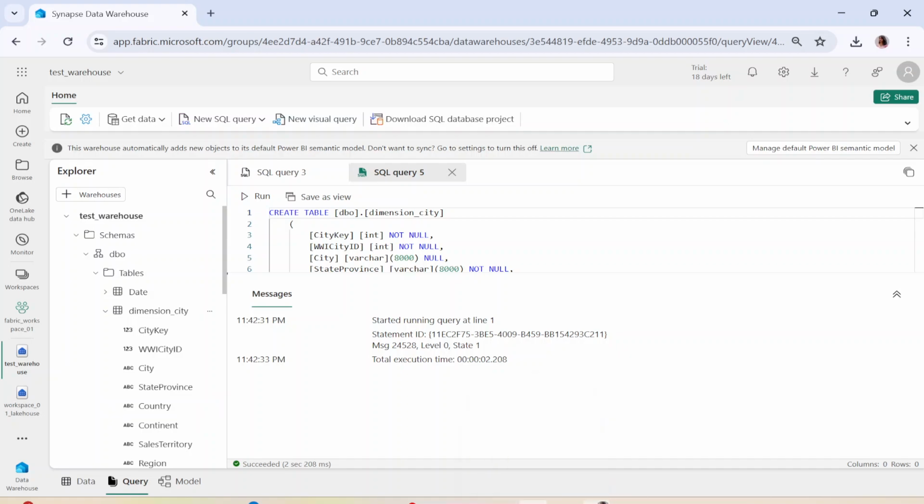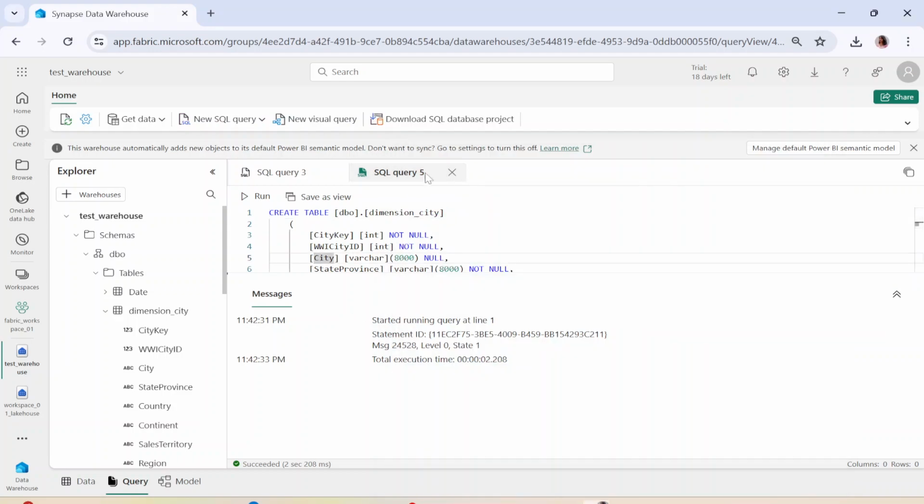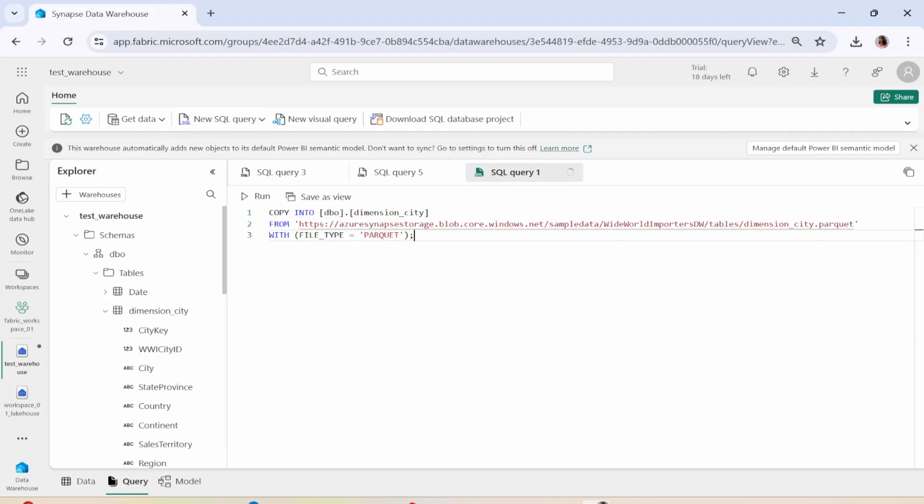Now this is how using T-SQL statement you can actually simply put the data inside your table. Now let me create a new query, and using this query, what I'm trying to do, I'm just trying to add the data into my table that I have just created. So I can use the copy into command. Right now, I told you that to push the data within the warehouse, you can use different methods. You can use CTAS, you can use copy into, you can simply write insert into statements as well.